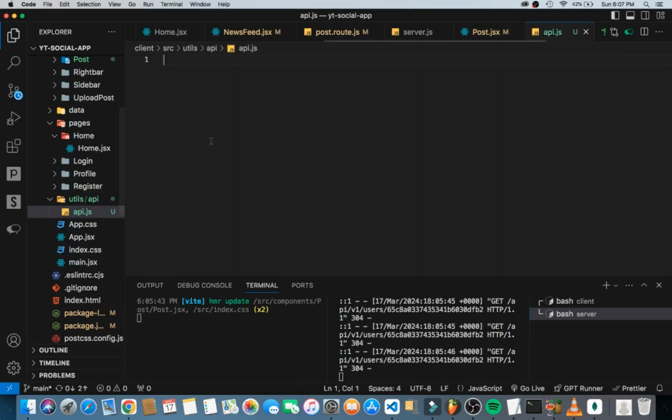Now inside here, what we can do is import Axios from Axios, right? Alright, it's here. Now that we've been able to import it, we want to first of all create the base URL. So we can say something like const API should be equal to Axios.create,